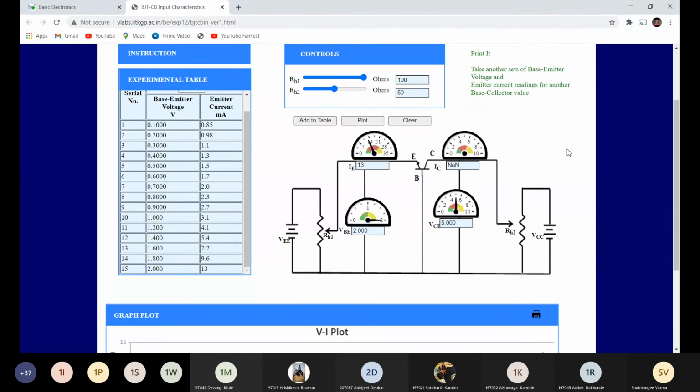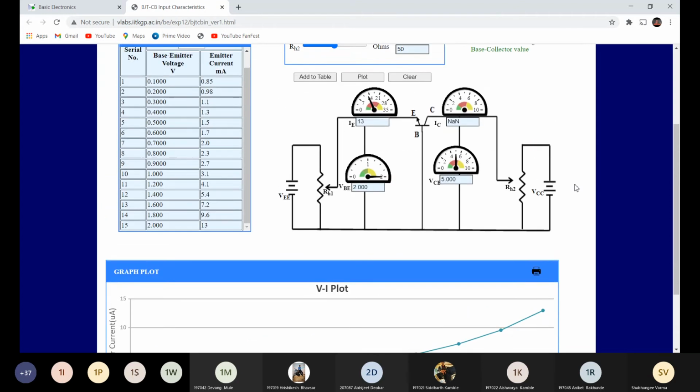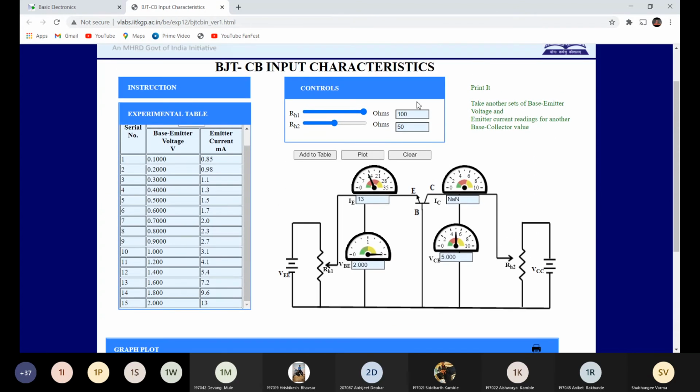And here you have to take 3 screenshots of the VI characteristic, one for 0.1, one for 5 volt, and one for 10 volt. So in total 6 screenshots for this CB input characteristic.